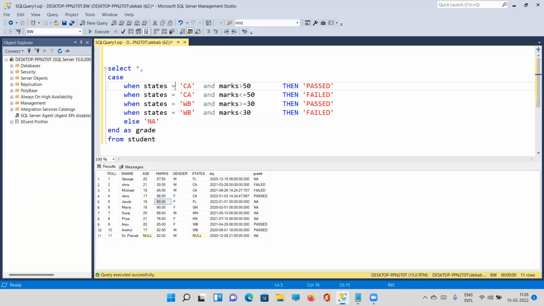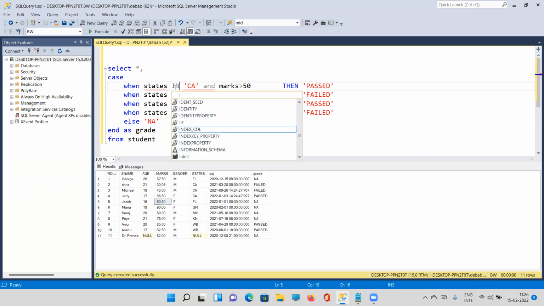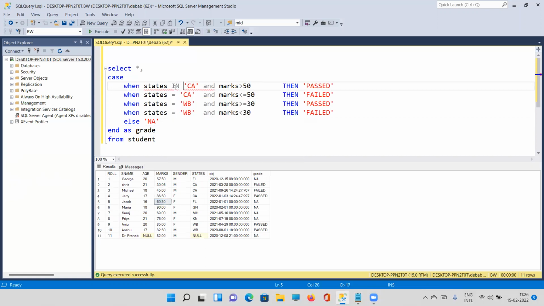You can even write some more complicated things, like where state is in CA, comma, Florida. Let me copy that and paste it here. So you can write anything. That is the thing I want to prove. Even here, I can write